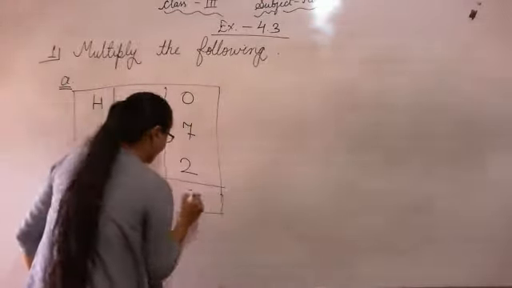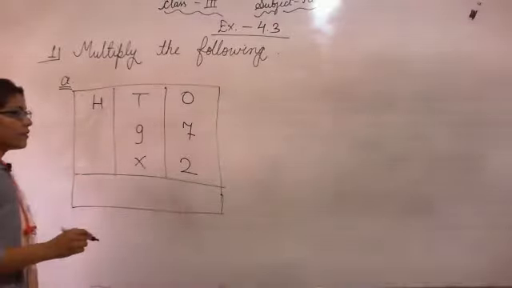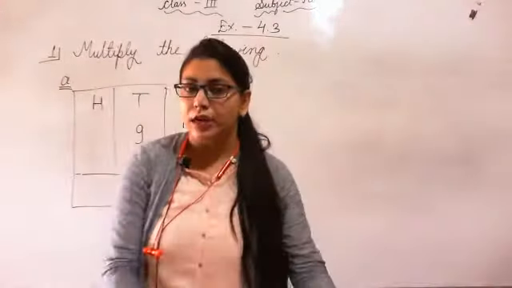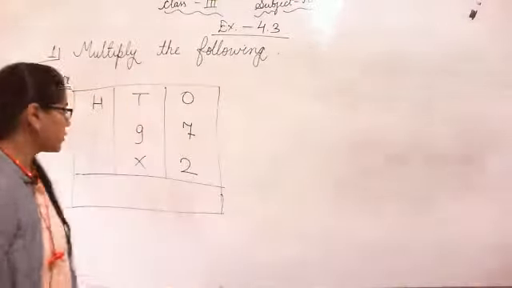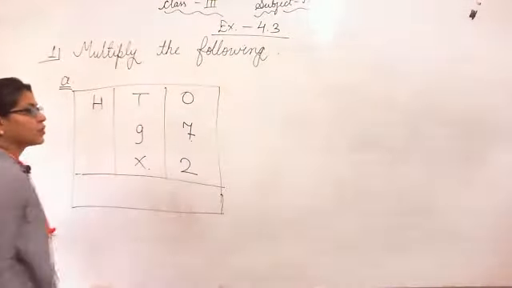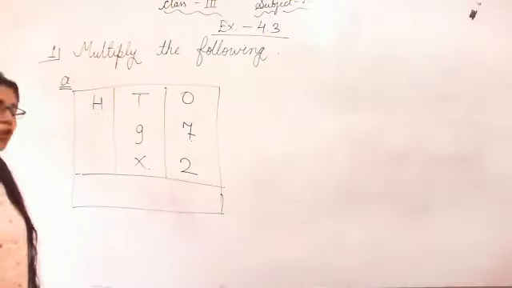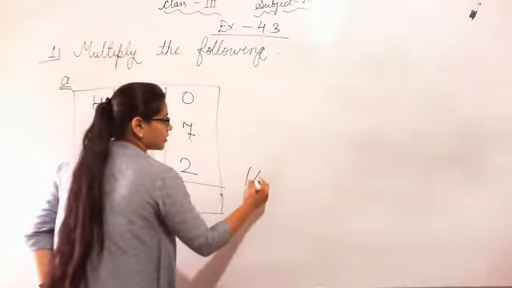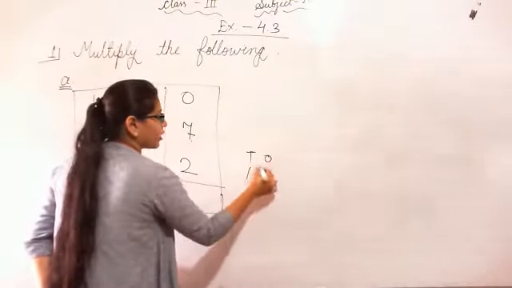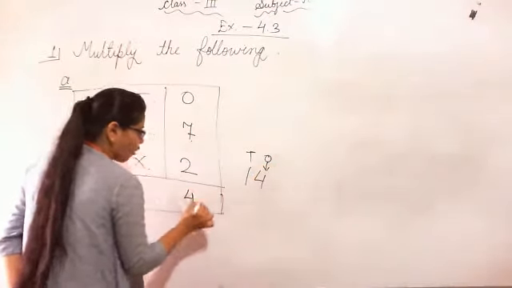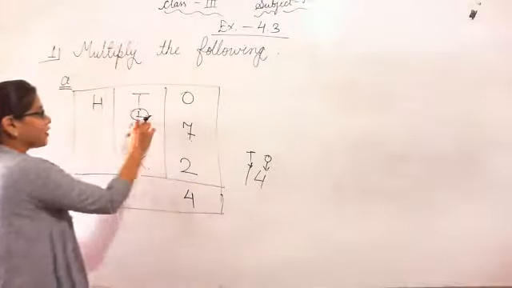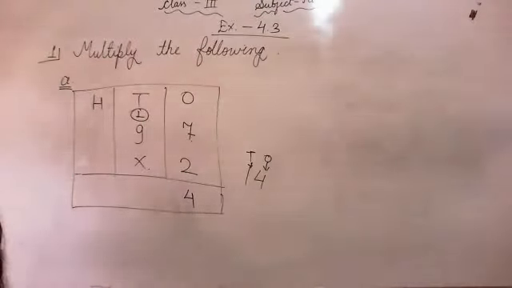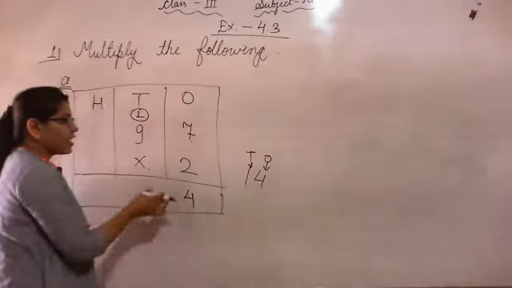So how will we do it? First of all, we will multiply that one digit with the ones place, then we'll multiply with the tens place. So 2 into 7, 2 sevens are 14. This is the number 14. Number 14 has 4 ones and 1 ten. So that 1 ten we will write here in the form of carry. Now we are done with ones.